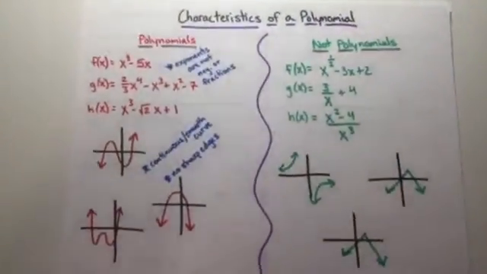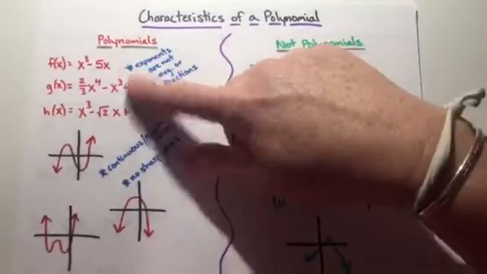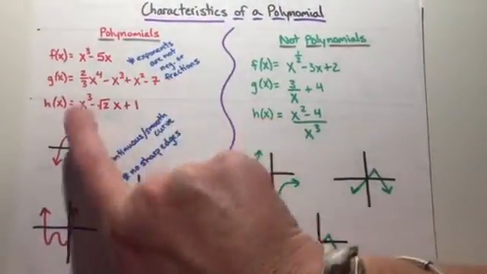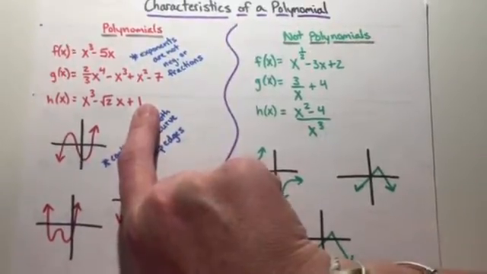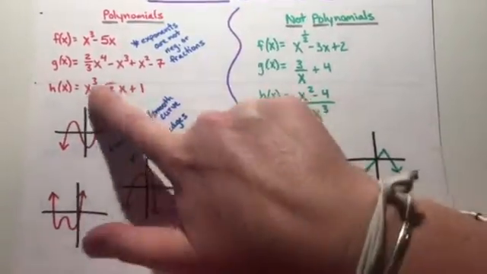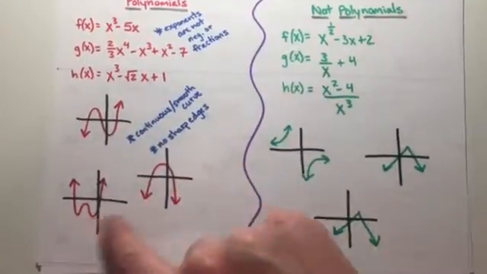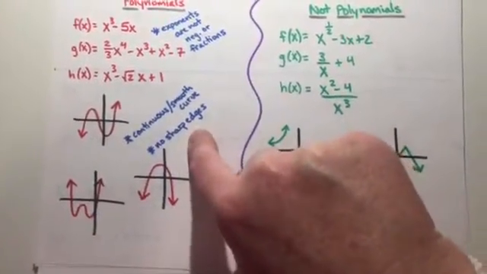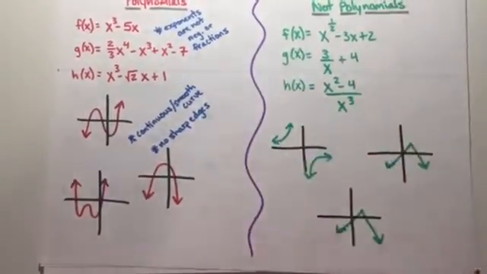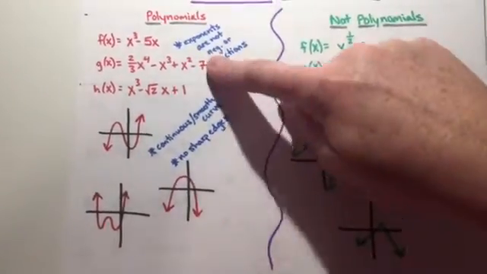All right, so here is a quick reference to what is a polynomial and what is not a polynomial. So I'll put some examples of what is a polynomial. You need to just make sure that your exponents on your variables are not negative or fractions. It's okay to have coefficients that look weird, but we can't have exponents that look weird, basically. Then your graph needs to be a continuous smooth curve, no sharp edges, and continuous means there are no breaks in the graph. If you start drawing your graph, then you can't lift up your pen or pencil before you stop drawing the graph if you have a polynomial.